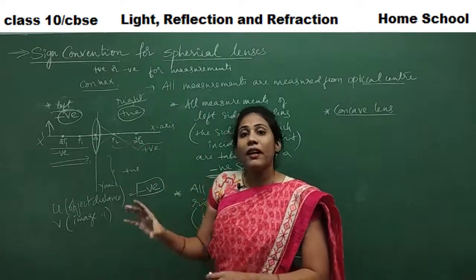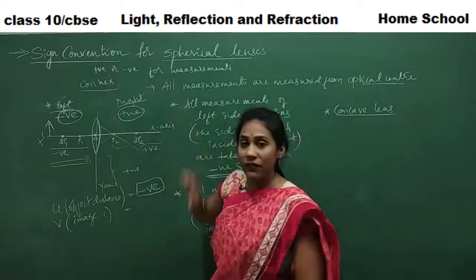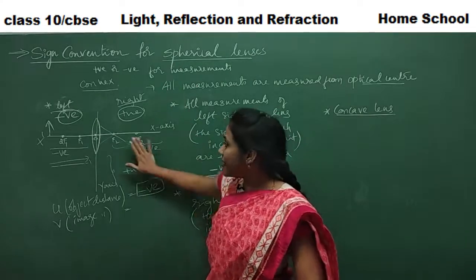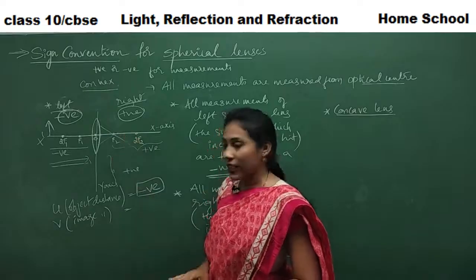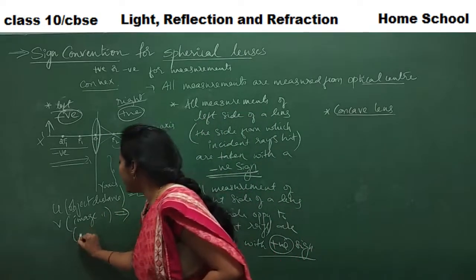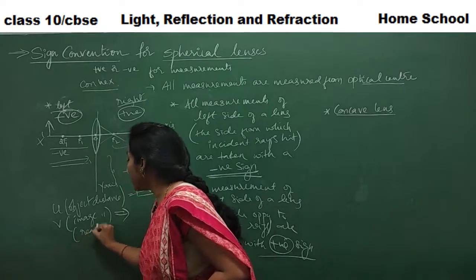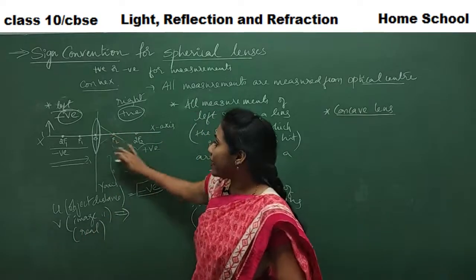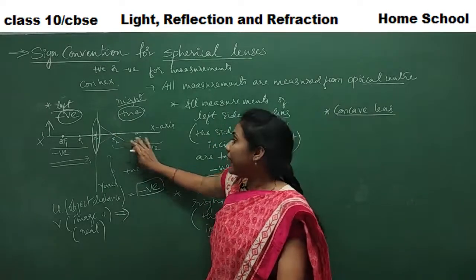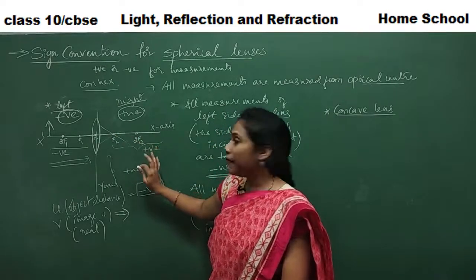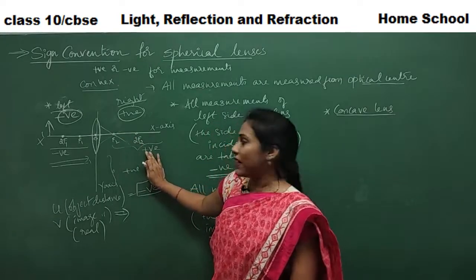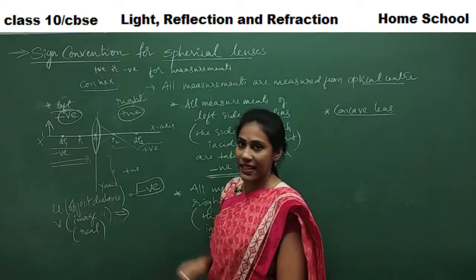You remember the ray diagrams of convex lens? 6 cases are there, where in 5 cases the image is formed this side only, right? So if the image is a real image, wherever the refracted rays meet, the image is forming, right? And such an image is called a real image. So real image distance is always considered with a positive sign because it is falling in the positive x-axis.